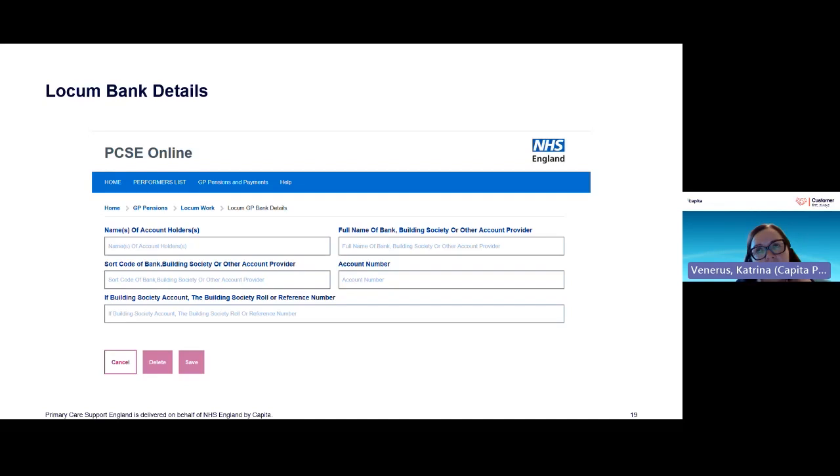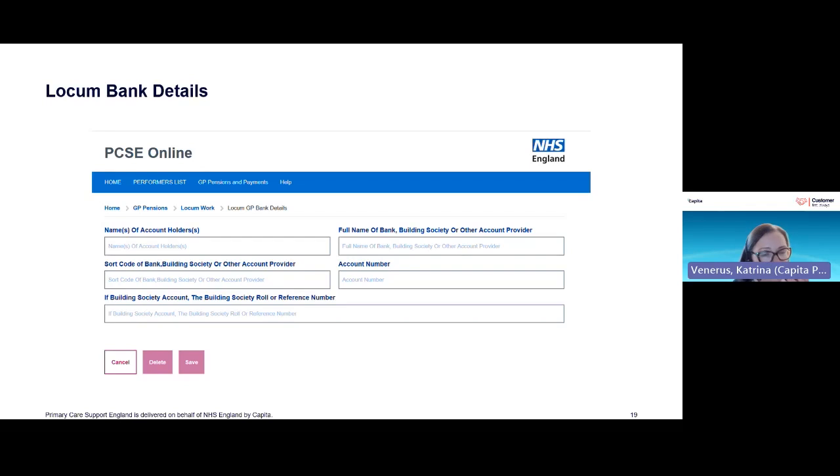So the way that this will be used in future is that if you fall into the situation where end of year reconciliation means that you are due a refund for some of the payment that you've made for locum pension contributions, then the PCSE team will contact you, let you know that that's the case, confirm that's the case. You would probably have already worked that out from your annual self-assessment form anyway, but they'll confirm that's the case, and they will ask you to complete the bank details screen within 7 days,